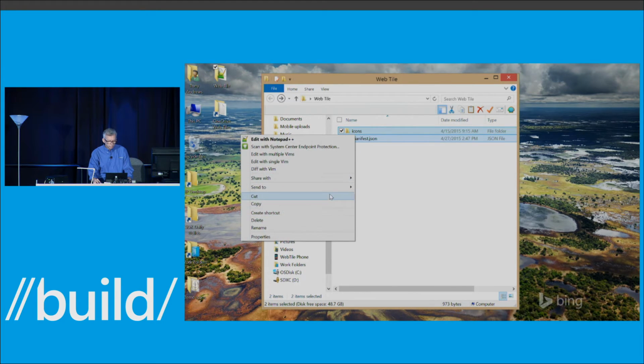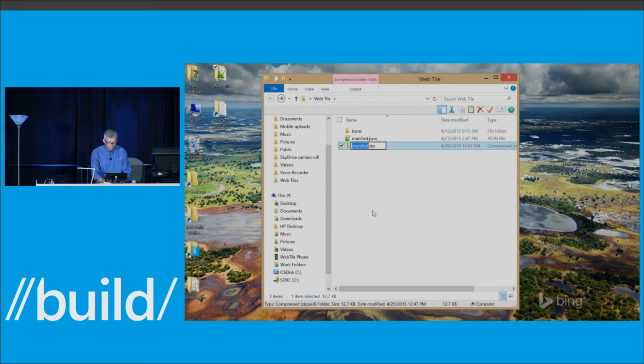So I'll just zip these up, and I'll call this. And then I'll talk a little bit about this extension. So I'm changing the extension to WebTile. So we have two mechanisms in the Microsoft Health app that help make this installation process of these WebTiles really seamless.